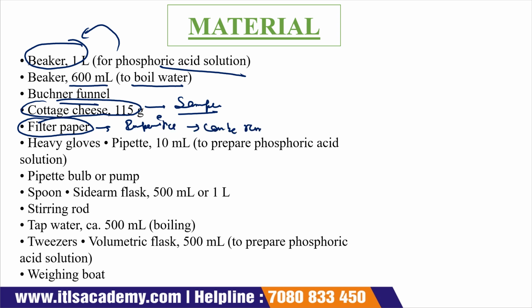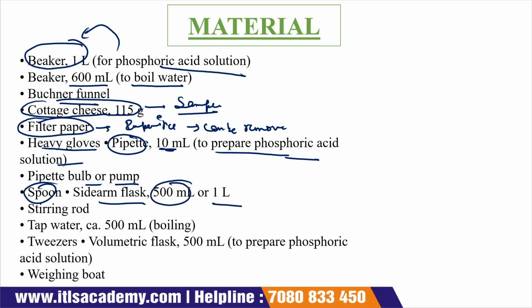can be removed. Now we require heavy gloves and a 10 ml pipette to prepare a phosphoric acid solution. Okay, a pipette bulb or a pump, a spoon, a sidearm flask of either 500 ml or 1 liter, and a stirring rod so that we can mix the solution. Tap water, and the amount of the tap water will be 500 ml,